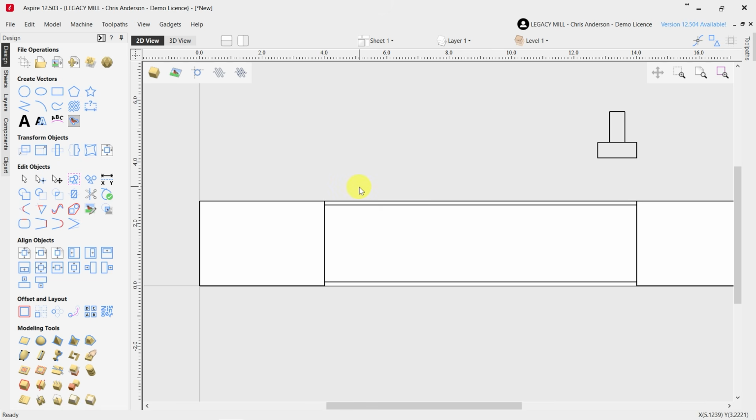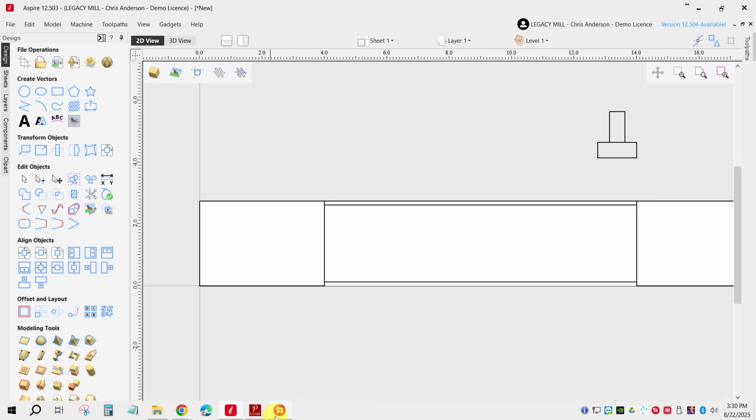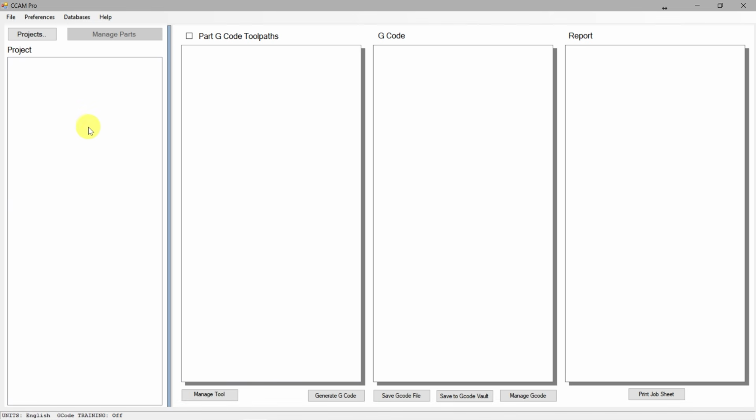Now this is going to take place in multiple passes, just so we're not taking too big a bite for the cutter, and that will happen automatically, and we'll see that when we go to cut this on the machine. But that is the actual sequence the cutter is going to travel for this process. So let's go back to Conversational CAM Pro